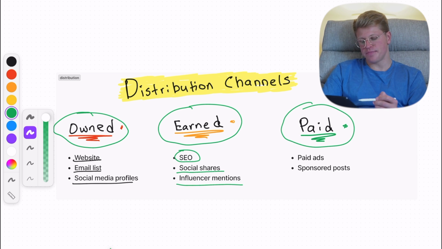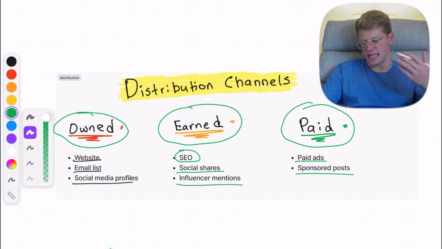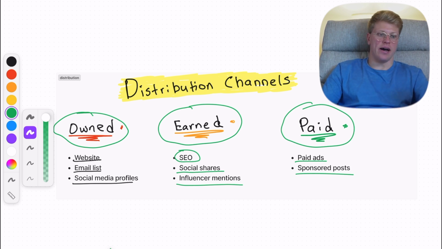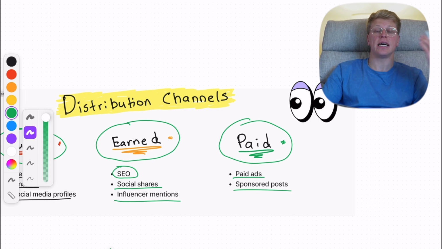And then of course it's paid. So paid is pay to win, right? So paid ads, sponsored posts, basically means that you can pay and you can get exposure for your stuff, right? So let's say that you're starting an online business and you would like to buy traffic to your store, for example, right? You can buy it on many different platforms, Instagram, TikTok, Google Ads, etc., right? So you can also get traffic or exposure or attention by paying money, right? Because other platforms, the big ones, they own this attention and they sell it basically for money.